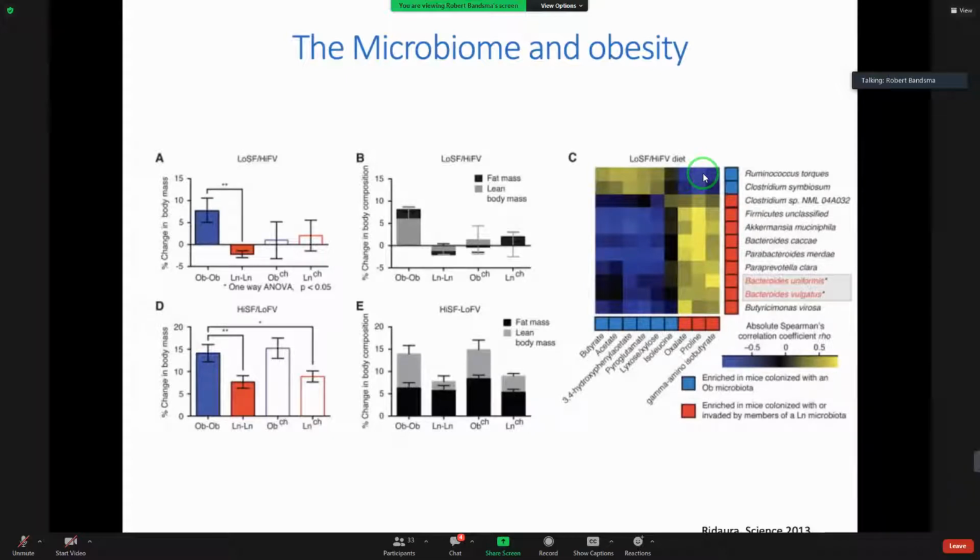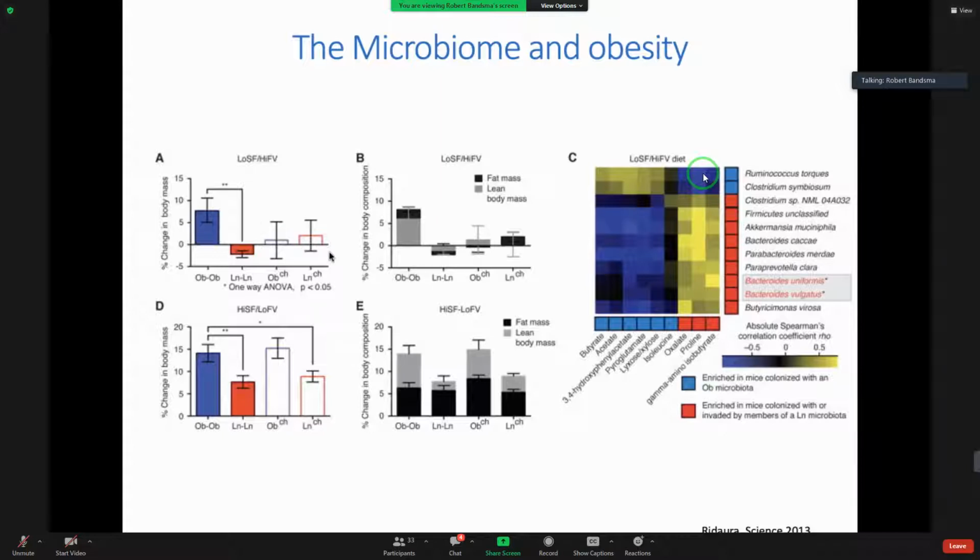And then what they did is they put them actually on a rather healthy diet, so low in fats and high in fruits, and they housed them either together, the obese mice, the mice that had stool from obese subjects or from lean subjects. But even on that healthy, low fat, low saturated fat, high fiber diet, still there was a positive change in their body mass compared to the lean. So even in the most healthy circumstances, there was a clear effect of the microbiome.